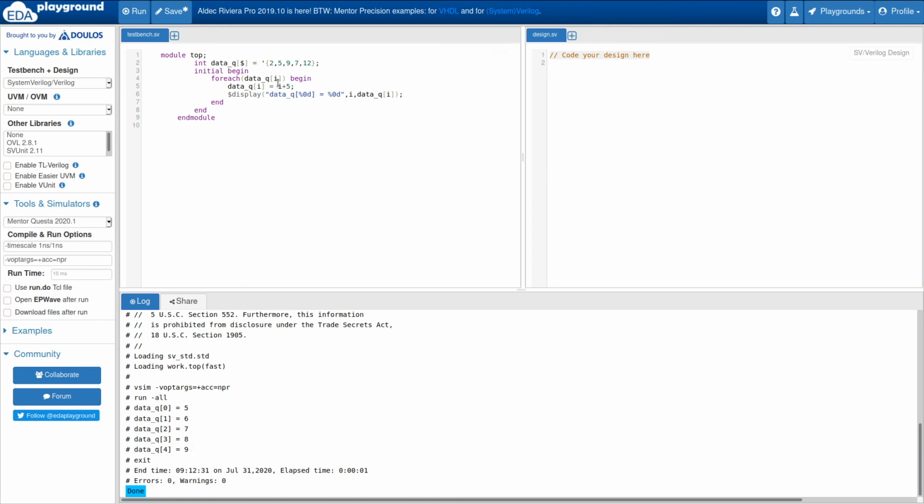Because first of all it is initialized by 0 automatically, so 0 plus 5 is 5. Again the value is 1, so 1 plus 5 is 6. Again it will increase, after that 7, 8 and 9, because the value of i will be first 0, after that 1, 2, 3. How many number of times? 1 2 3 4 5 times. So as we can see, 1 2 3 4 5.